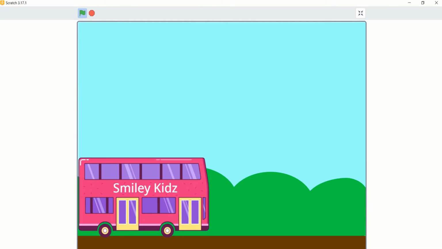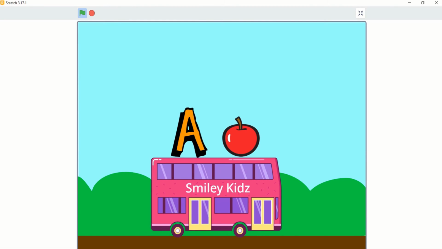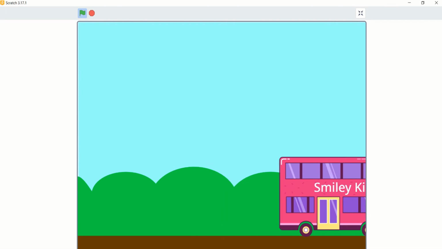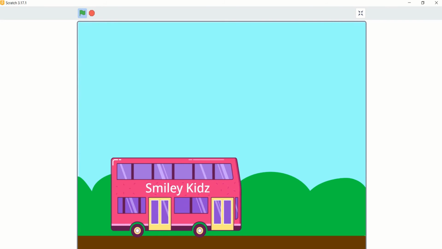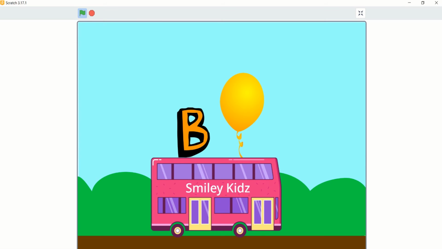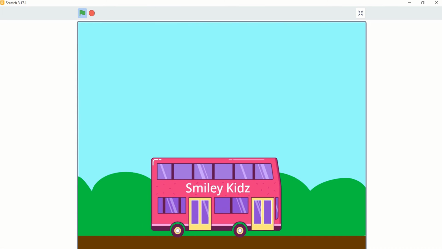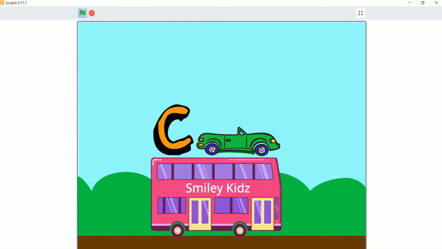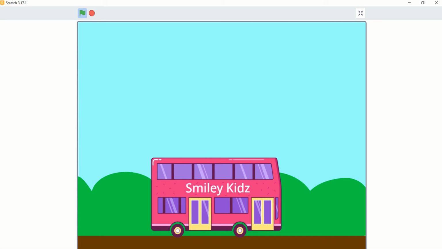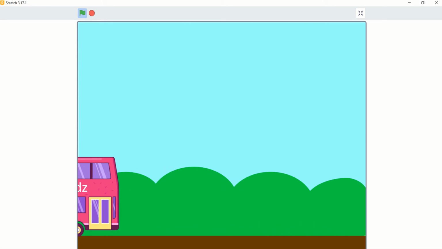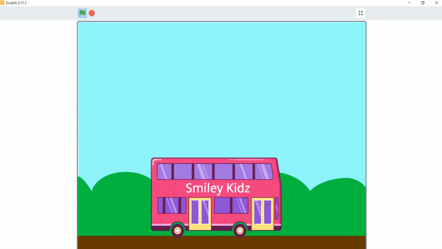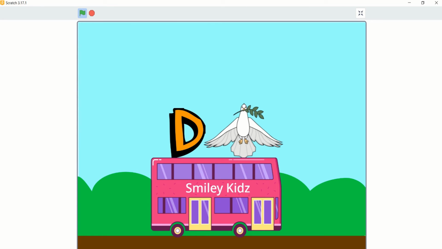Now we have completed our full code. Let's check. A for apple. B for balloon. C for car. D for dove.